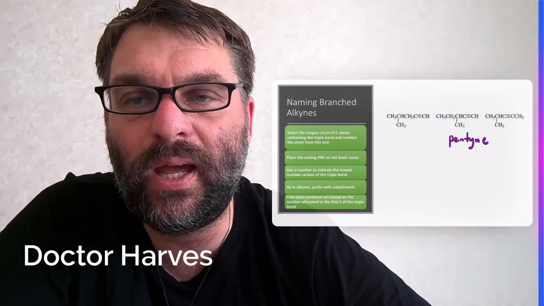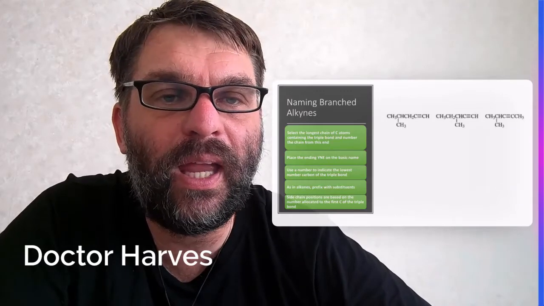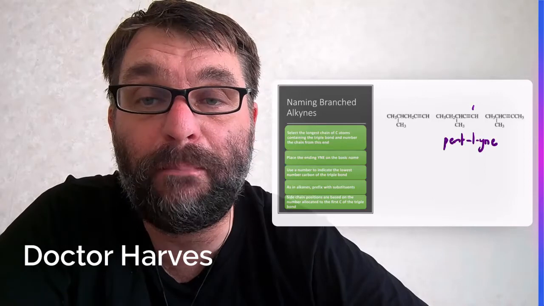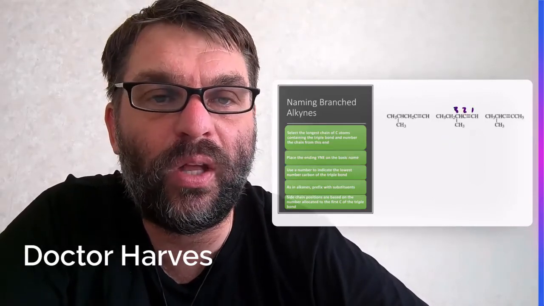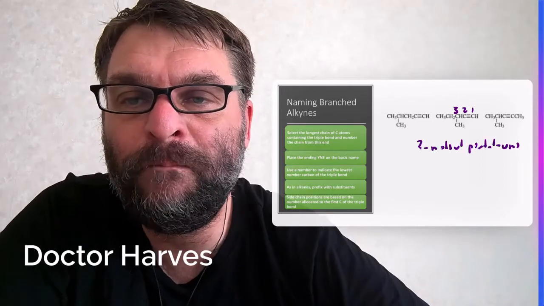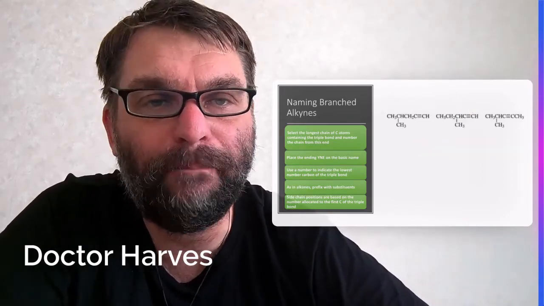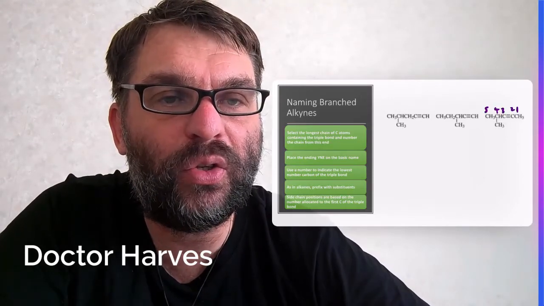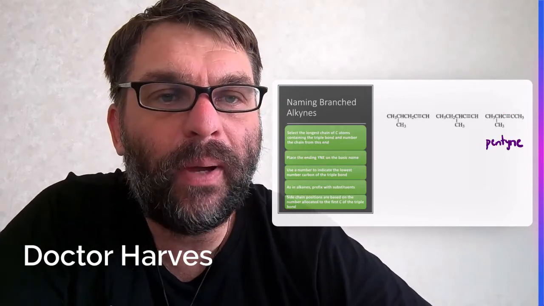So again, it's a pentyne. But this time, and again, the carbon with the triple bond is the first one. So it'll be pent-1-yne. But this time, the methyl substituent is on the 1, 2, 3rd carbon. So it'll be 3-methylpent-1-yne. And the last example, the longest chain is 1, 2, 3, 4, 5 again, so pentyne, but this time,